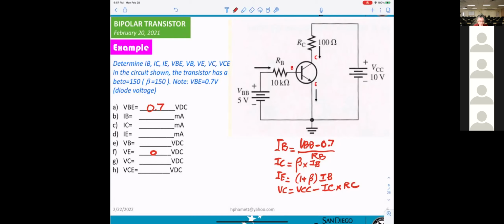VB is from here to the ground here. What's the value? We already said it's 0.7, no? Exactly. And the other one, what does VE equal?